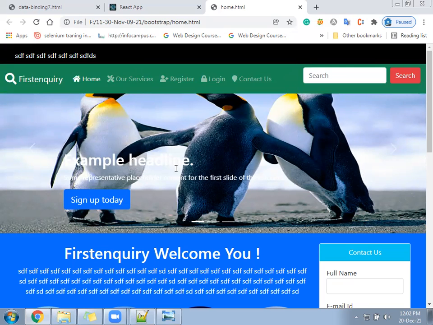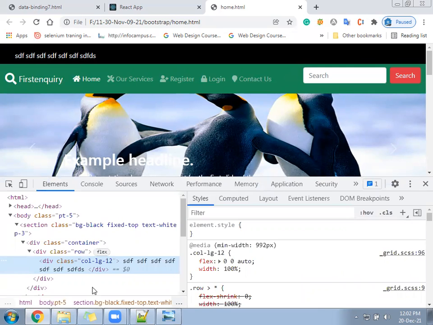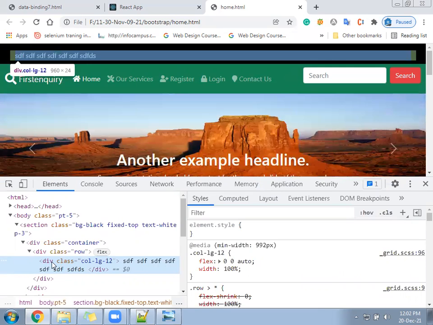We may have to add our own CSS. The text is in center. It's not in center, no?